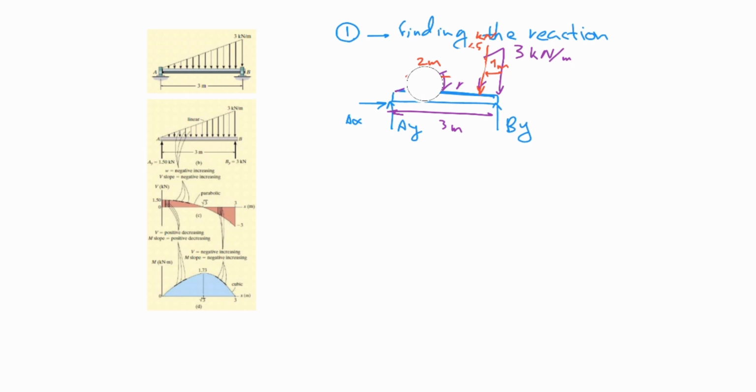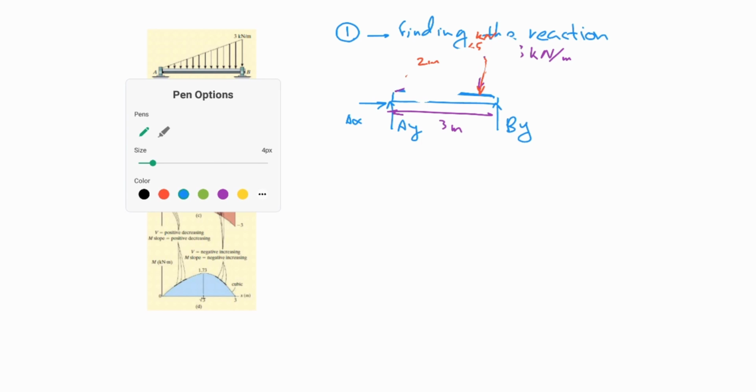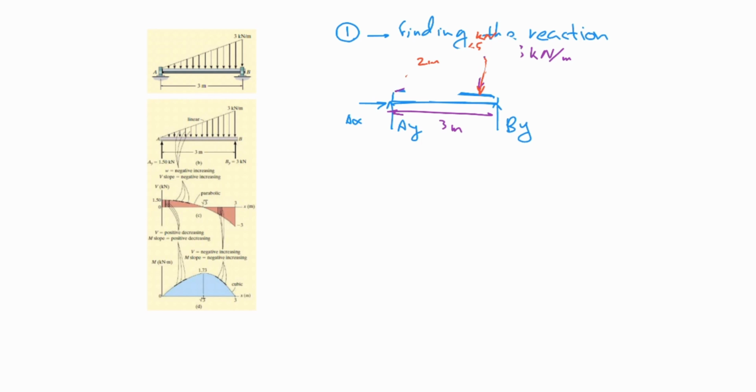Okay, right now I can clean the distributed force and just put the value of the force over there, meaning that instead of that I just put the value of the force, and go ahead with that. Right now we can solve it. Sigma of x, sigma of y, and sigma M. Sigma of x is giving me Ax is 0 because no other forces apply in that direction. Sigma of y is saying that